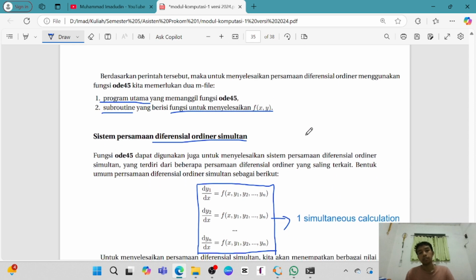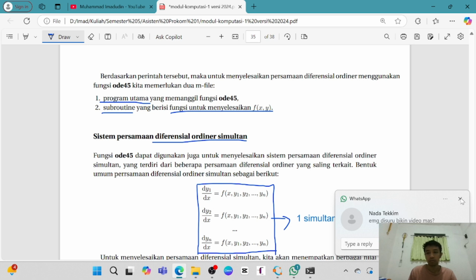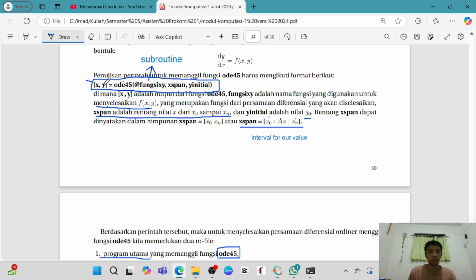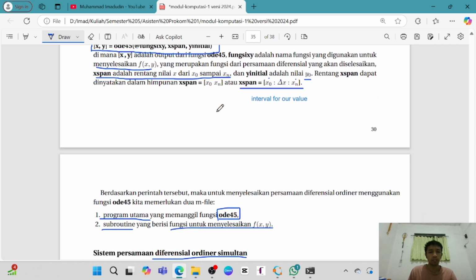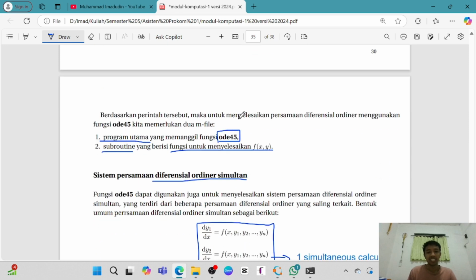Next. In this module, we have to code as usual. We have the main code. In the main code, we call the ODE function like above, the ODE 45. Then we have the subroutine. This subroutine contains our function or differential equation.